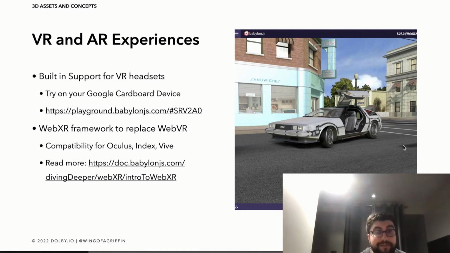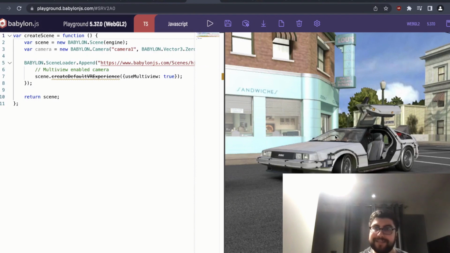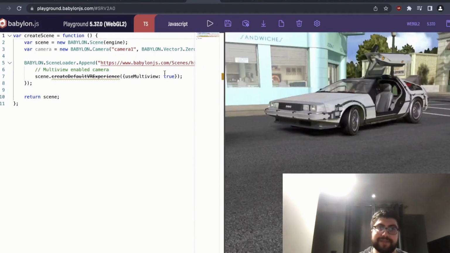This is using WebXR frameworks to make it happen, which is a new replacement for WebVR that has full compatibility for Oculus, Index, and Vive devices, and you can learn more on the Babylon documentation website. We have an example over here, which has a nice little DeLorean, which you can see we're, again, just pulling directly from the scene loader,